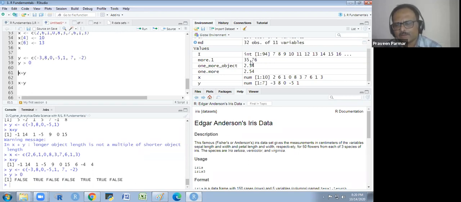So I am getting a direct response because I have not given any object name here. There is no equal sign, no assigning symbol. So the first is not greater than 0. It is -3, that is false. The second one is greater than 0, 8, it is true. The third one is not greater than 0, it is itself 0, so it is false. The fourth one is negative, it is false. The fifth one is positive, it is 1. 7 is true. Then -2 is false. Does that make sense to everyone?